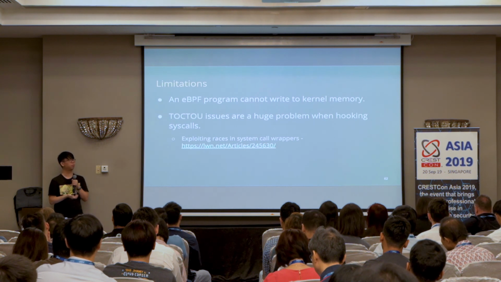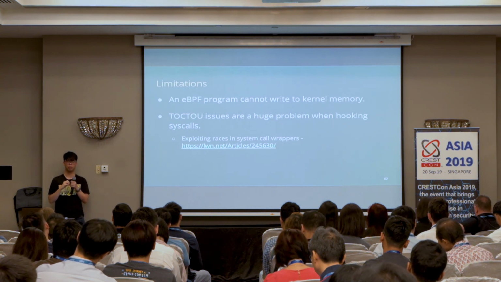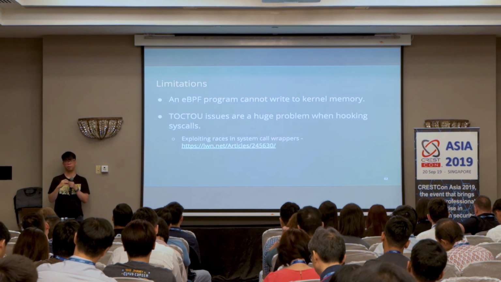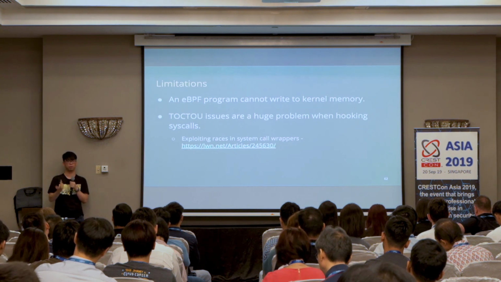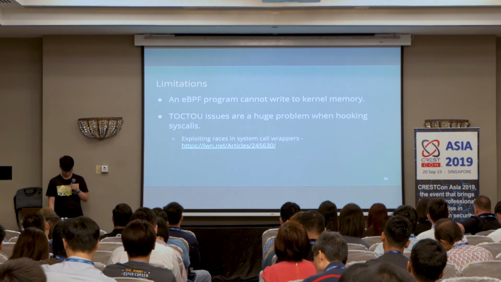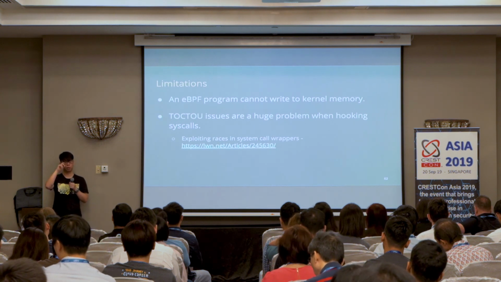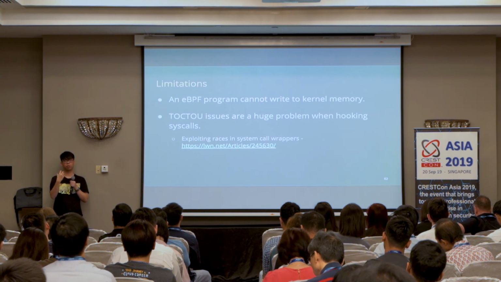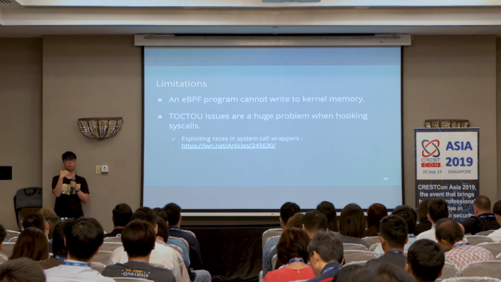This is usually not a problem when you're tracing normal or cooperative applications, but if you are tracing an application that tries to hide some stuff, they might fork off a different process that is messing with their memory. So the way to get around this issue is that you don't trace at the syscall level. So you look at kernel functions that are a few levels deeper within the kernel.